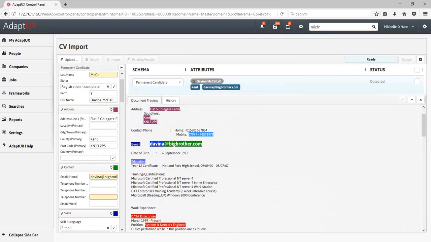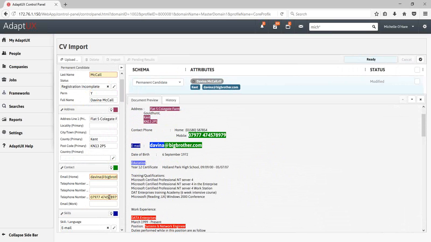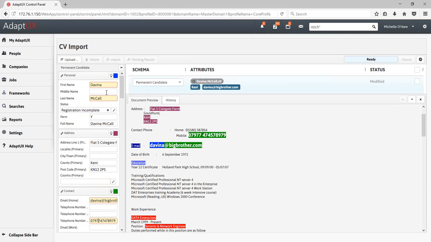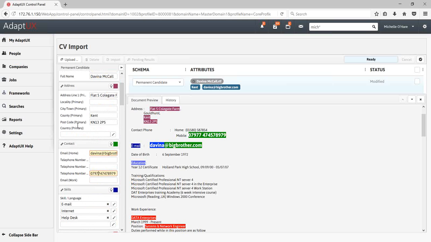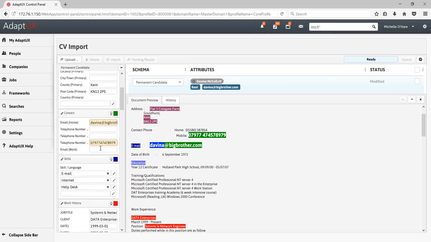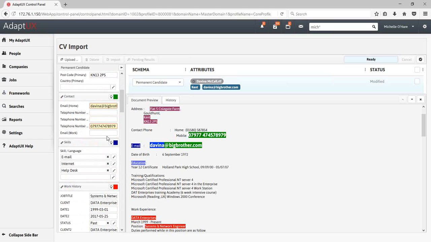But if I just show you how easy it is to select it, drag and drop it. So if you didn't have a bit of information, then you would just go and pop that on just like that. Or, of course, just type it in. Now, we've got contact information at the top here. We've got address over here, contact information, and then this is one of the most important things for me,